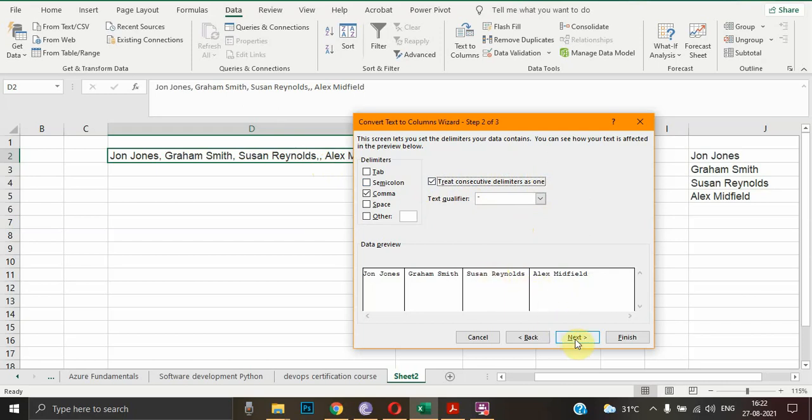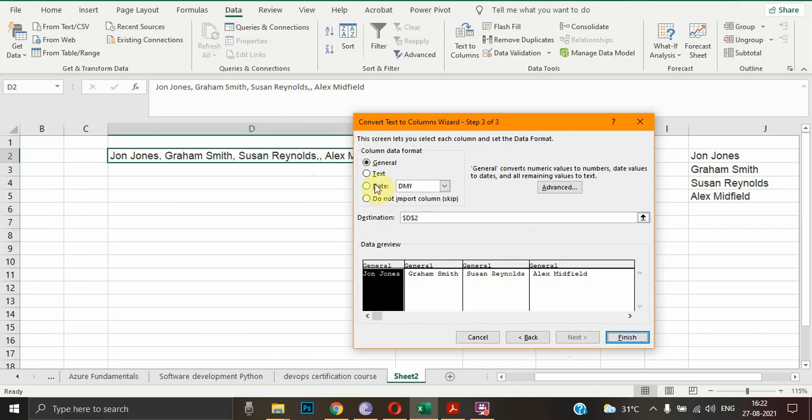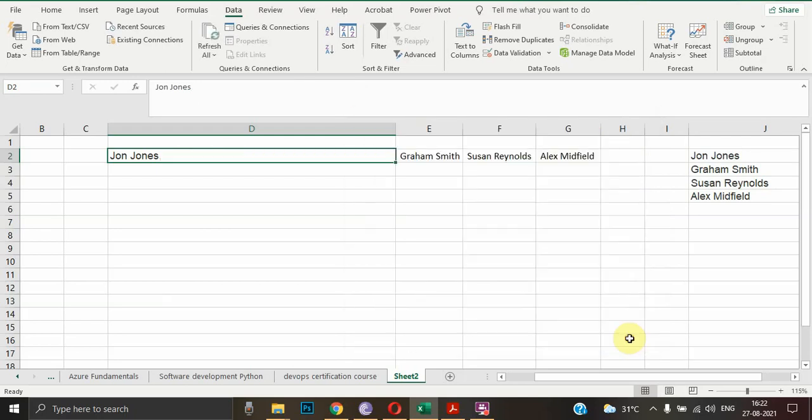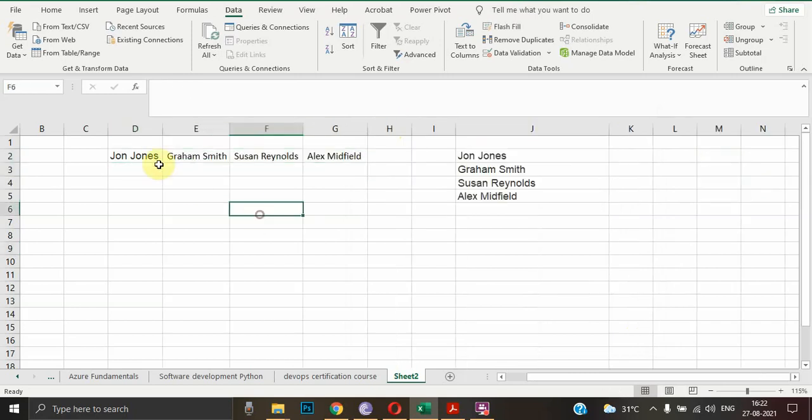And then just click Next, and you can select text, or you can also select a date format based on your data type, and then Finish. So as you can see, the names are now in different cells, but in order to make them in